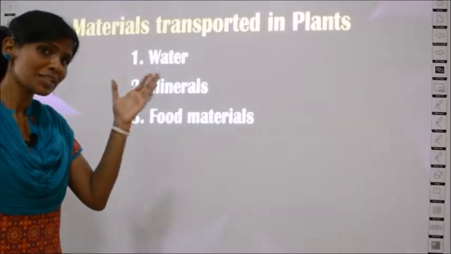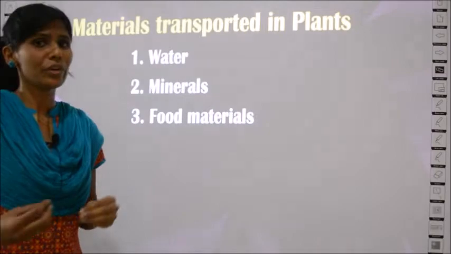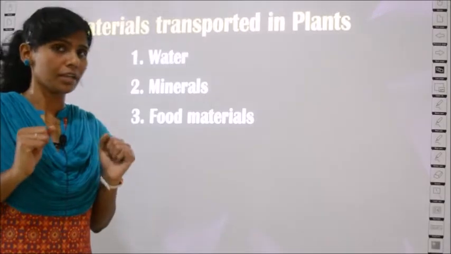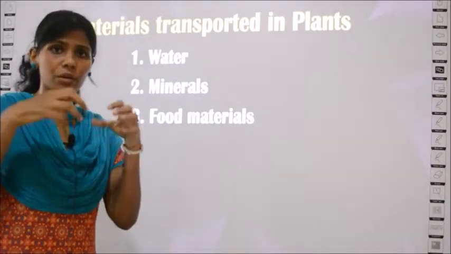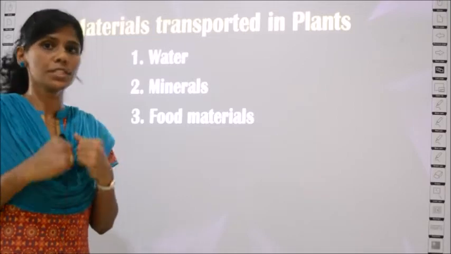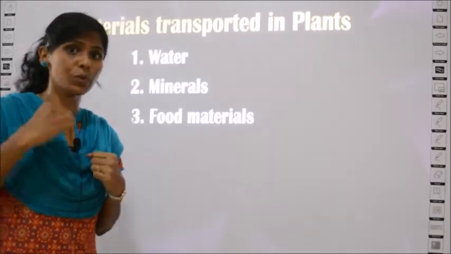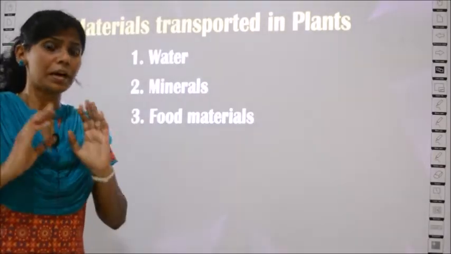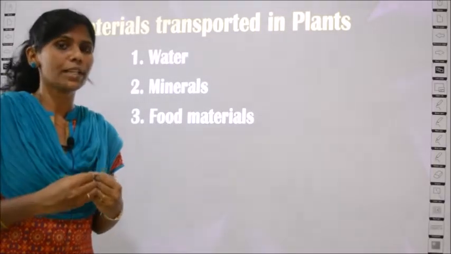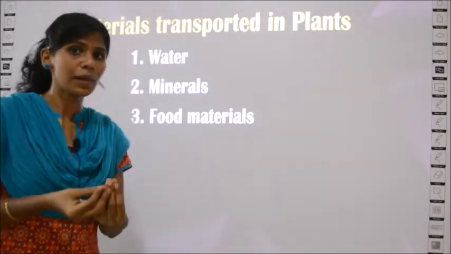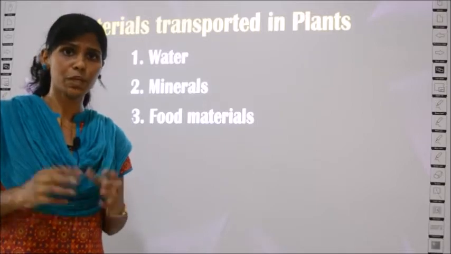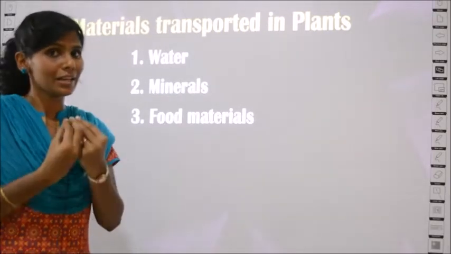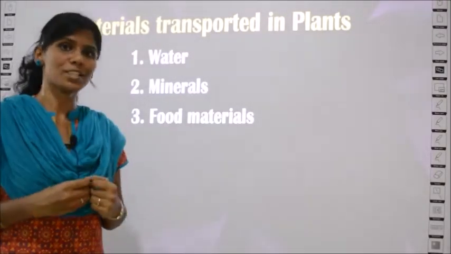So we learn about these three materials in detail. Water: when you pour water in the soil, you pour some water to the plant, no? That water is taken by the roots. Obviously roots are in contact with the water, right? So roots take the water and they have to distribute it to all the parts of the plant, to the stem, to the leaves, everywhere. For that it needs movement, otherwise what will happen? It will just remain in the root, right? Because the root takes the water, it has to give it to other parts. For that you need a mechanism, that is transportation. So water has to be transported.